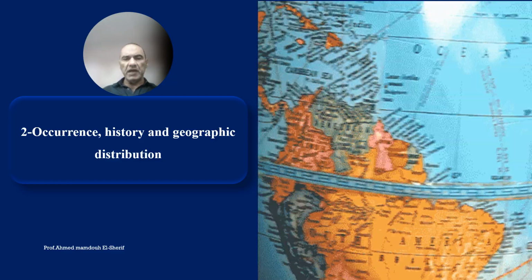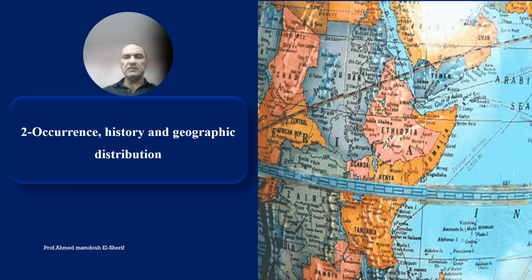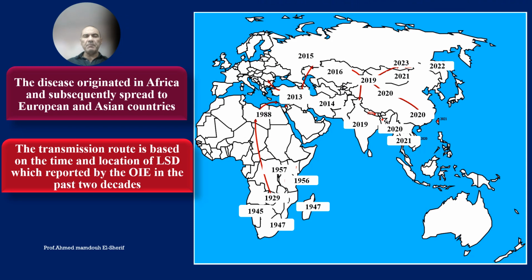Occurrence history and geographic distribution of lumpy skin disease. This map explains the distribution of the virus up to 2023. The disease mainly originated in Africa and subsequently spread to European and Asian countries. The transmission route is based on the time and location of lumpy skin disease reported by OIE in the past 2 decades. First of all, it began in Africa